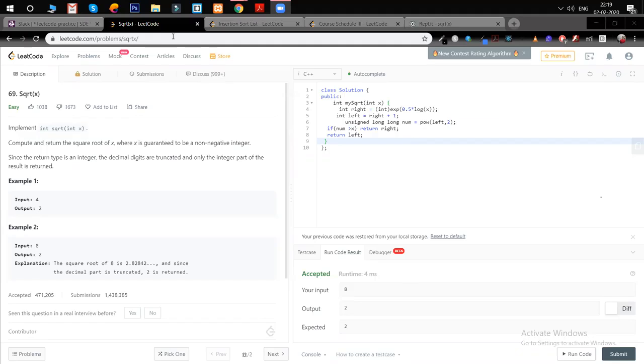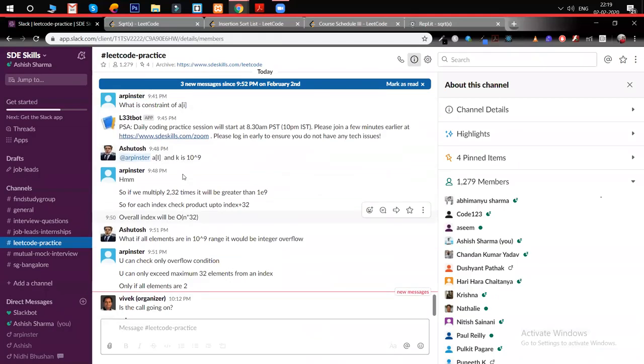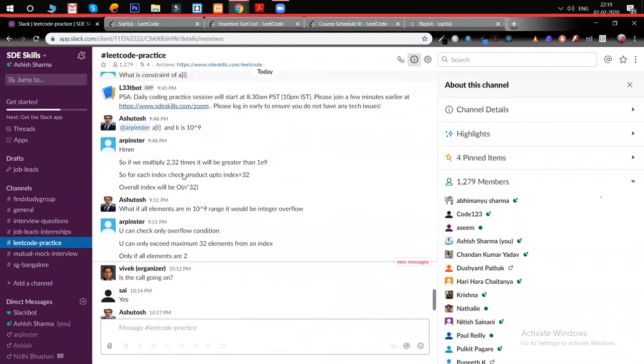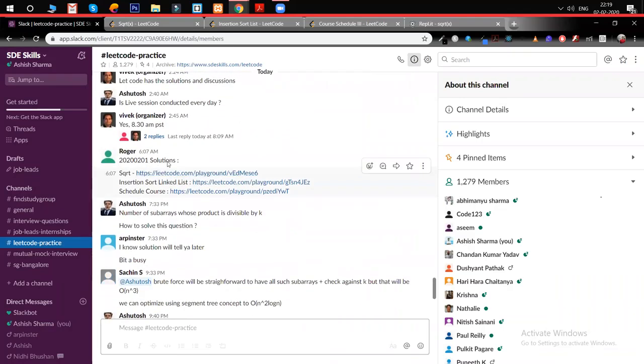Okay, I guess we can. Actually, sorry, one point I missed in your previous solution: without using unsigned long, you could have done that. In my solution, you can see, or I can show you here. Would you like to share your screen? It's on LeetCode practice already. I pasted the solution, it's just one line. It's the same thing, just I'm dividing it, so you don't have to do this thing, right? Yeah, this one.